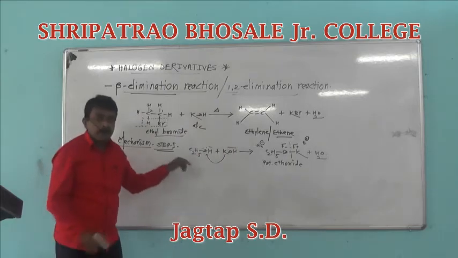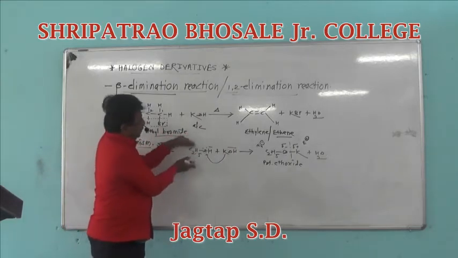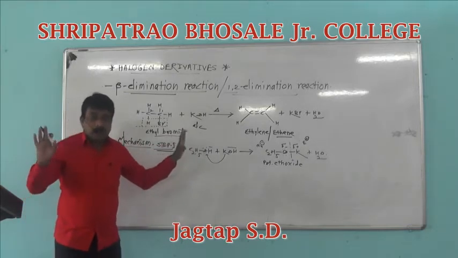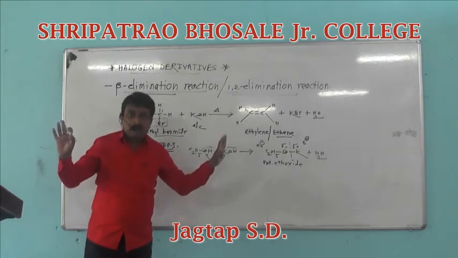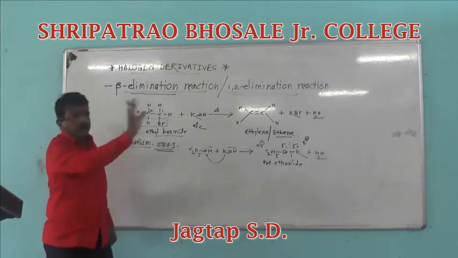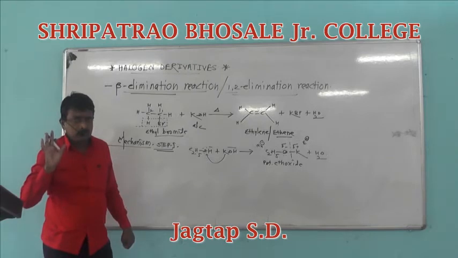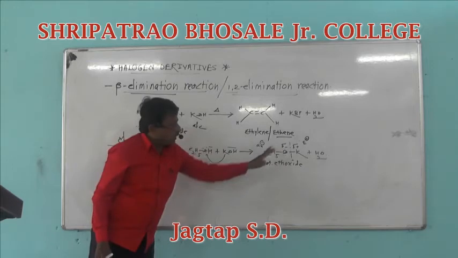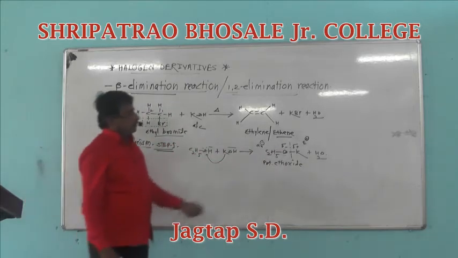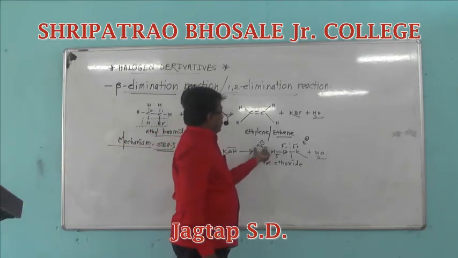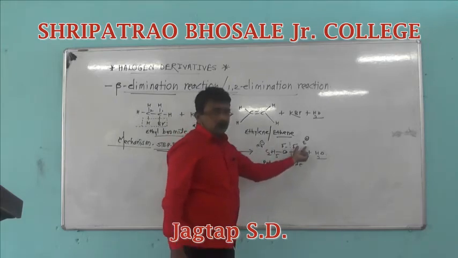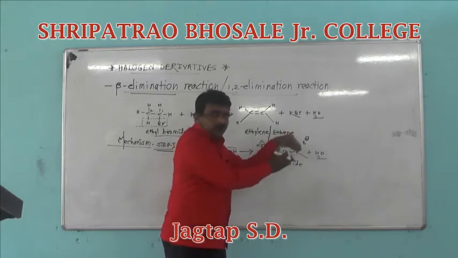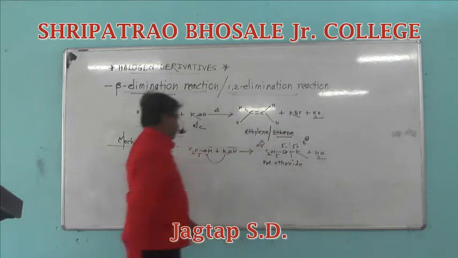Listen carefully. In the first step, initially ethyl alcohol is used as a solvent. Solvent does not take part in the chemical reaction, but it proceeds the reaction in the forward direction. Initially, it reacts with potassium hydroxide to form potassium ethoxide along with the other molecule. Then here the ethoxy group acts as a nucleophile, and potassium, that is K plus, carrying a positive charge, acts as an electrophile.